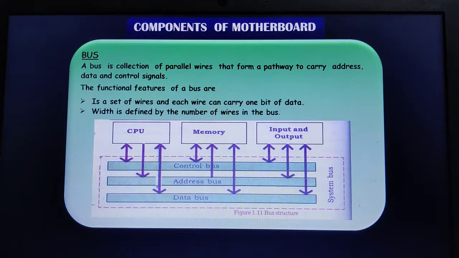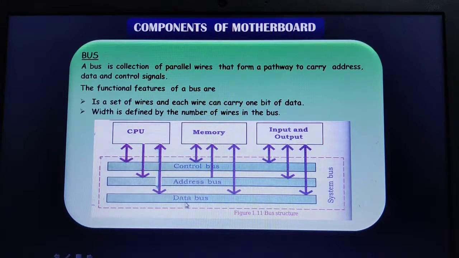In that bus we have the internal and the external bus. The internal bus handles only the higher components of the computer system for data transfer. The external bus handles the data transfer between the lower components of your computer system. Now in this system bus we again have three different types of bus. The first one is the data bus. It is the one that transfers the actual data and information between the CPU, memory and input output devices.